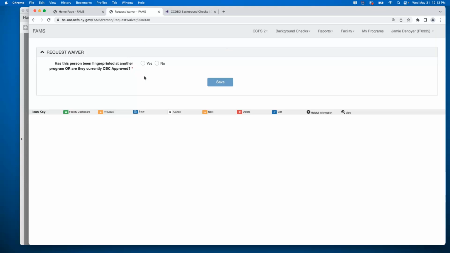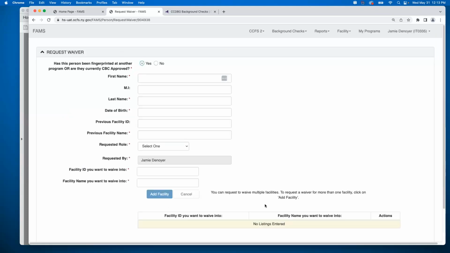So how might you know that somebody was CBC approved? Maybe they are coming from another program and potentially they have showed you or given you their CBC approval letter so you can see that they were approved 18 months ago and they've been consistently working at that particular program. So if you can answer yes to this question, you'll be prompted to enter in additional information.